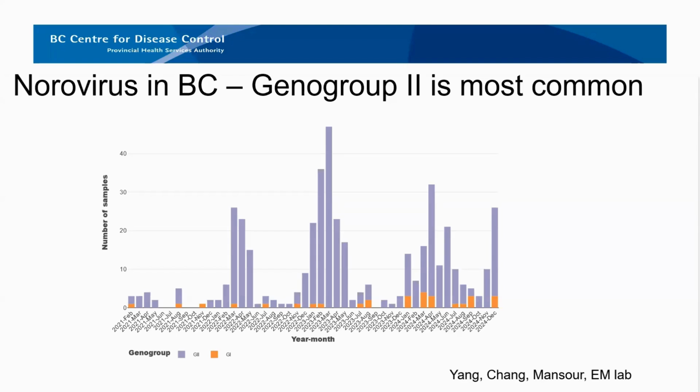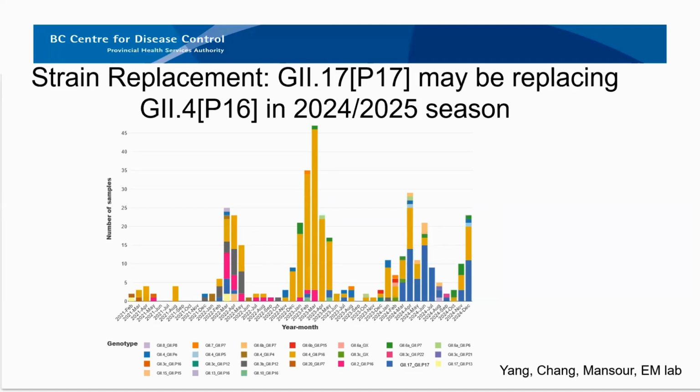If you go to the next slide. Here at our site, we sequence one representative sample from each outbreak, as well as a handful, roughly, depending on the year, between 10 and 50% of the non-outbreak samples. We do this so that we can see the genotypes that are predominant in outbreaks versus non-outbreaks.